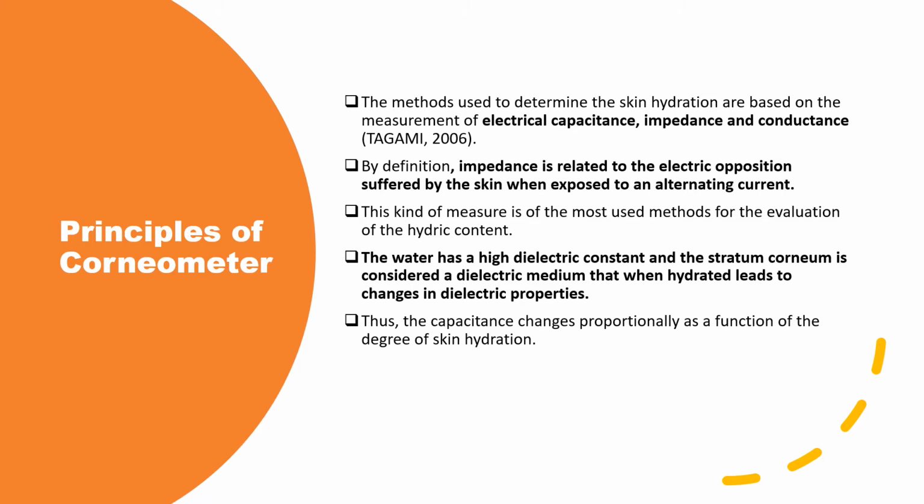Now one thing which is very important is that the hydration is always measured at the same spot every time. Whenever you use a particular spot for the hydration measurement, again on the same spot we are going to measure the hydration. The reason being that different body parts have different hydration levels, and when we are evaluating something or taking some regimen, we are trying to understand whether it is boosting up or not altering or not having any sort of effect on the skin. So this equipment, corneometer, helps in the assessment criteria for establishing the claims for any cosmetic evaluation technique. The capacitance changes proportionally as a function of the degree of skin hydration.